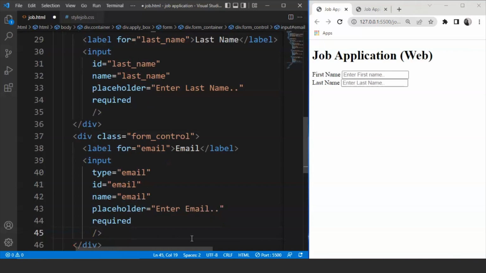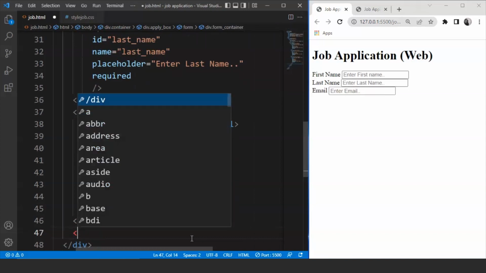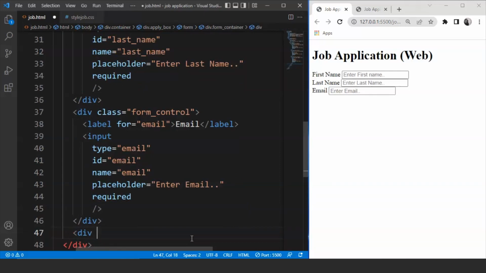Next thing, we are going to close this input tag, save the program, and you can see we have the text box and label for our email as well. So again, we are going to use the div tag. This time we are going to use it for